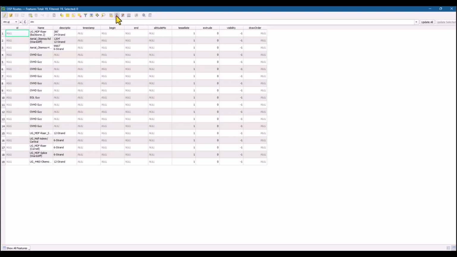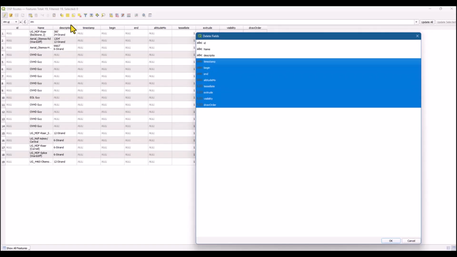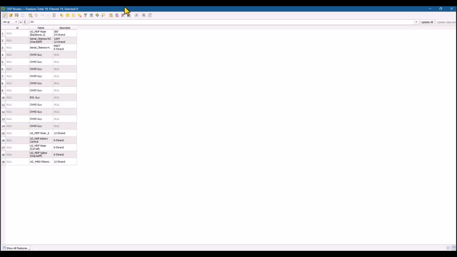So we'll come over here, and we only want to go to there. We stop at description. Okay, that worked a lot better that time. That cleaned that up. So back to what we wanted to do originally, which was put a length in here, so each one of these segments would have a length, and that's easy enough to do. You come up here to the field calculator,